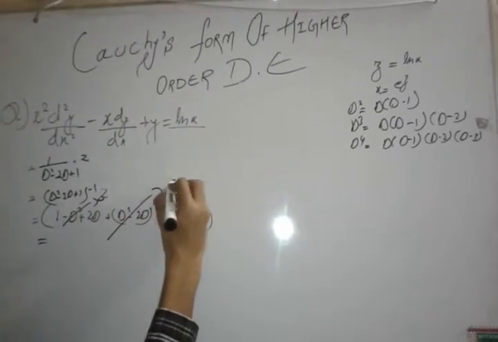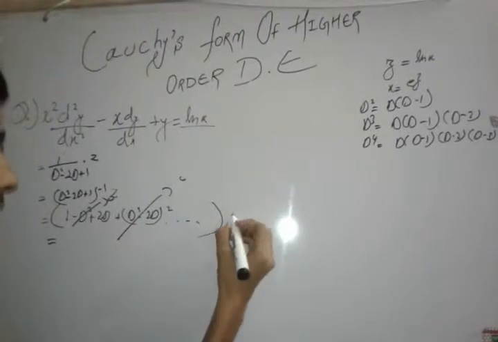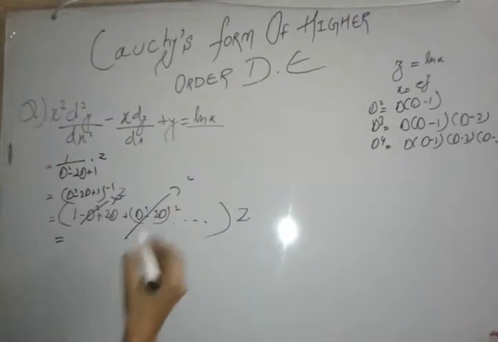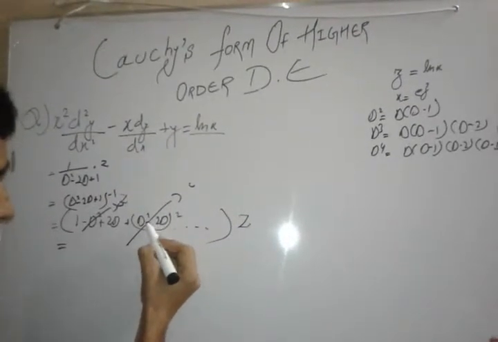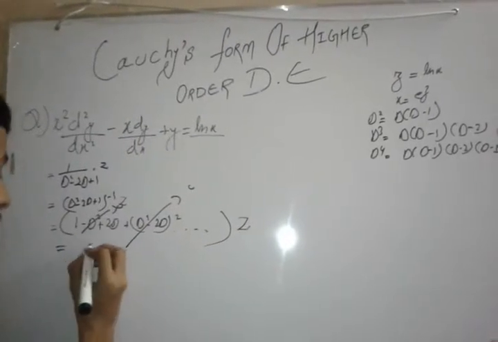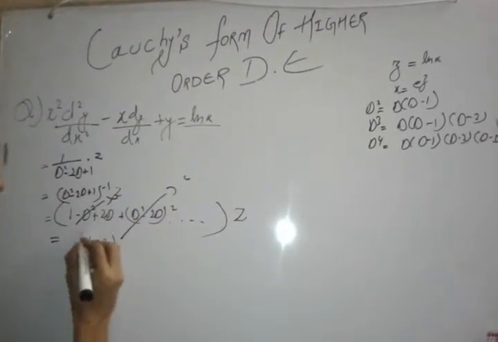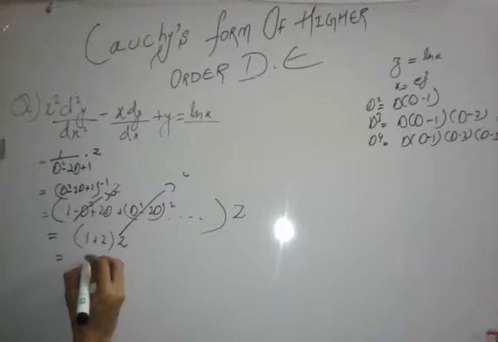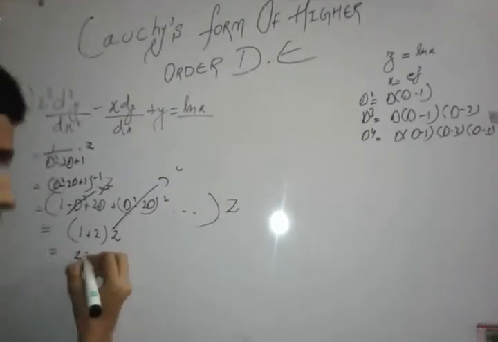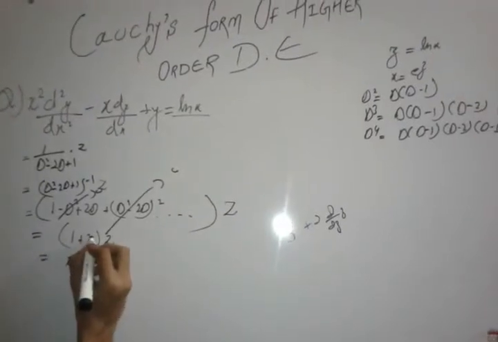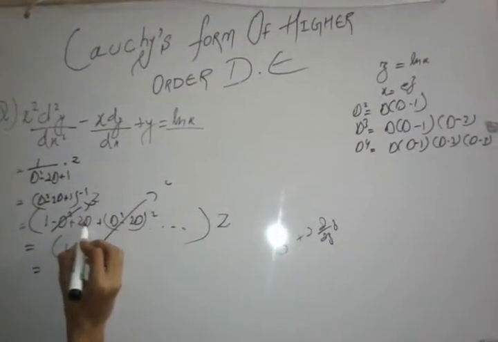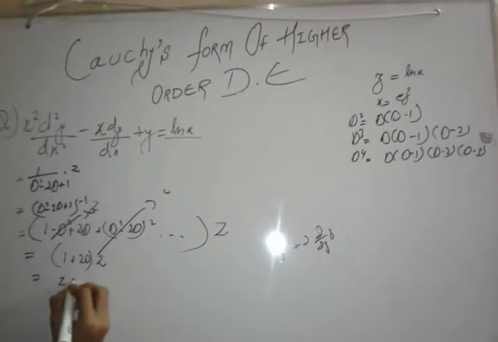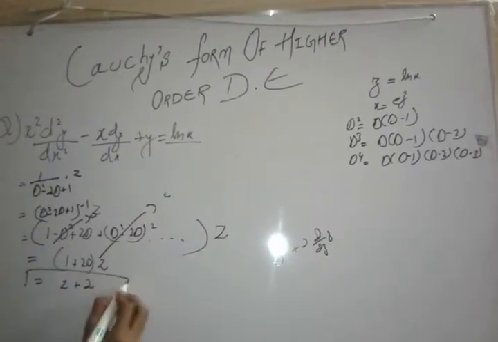Now as we can see, the double derivative of this thing will be 0, and the other terms which will come will also be 0, as the second derivative of this is 0 and D square will be 0. Then we will be left with this term, 1 plus 2D, as we have got this D and this single term, multiplied by z and taking the derivative, then it will be z plus 2, which is our yp.